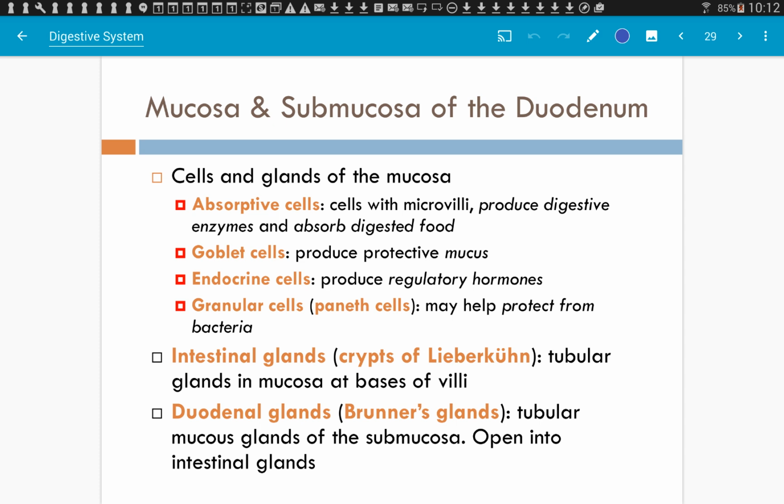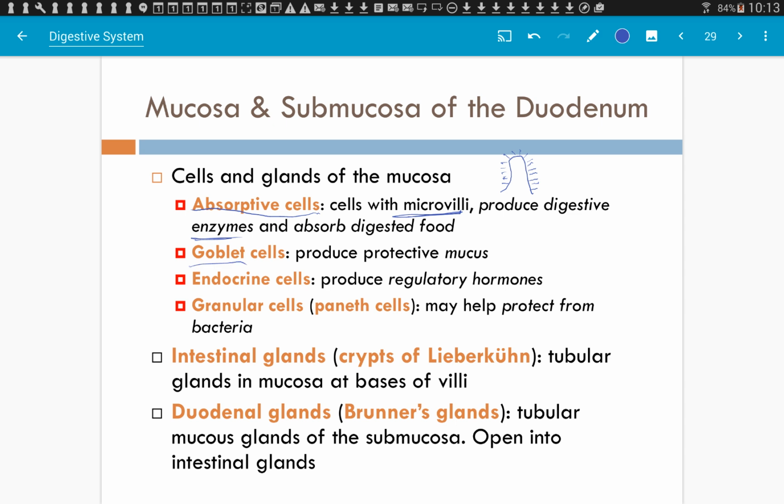Tissues within the duodenum. Again, we know our alimentary canal is also lined with mucous membranes. We've talked about mucus and how important it is. So there are different cells that we're going to find within the duodenum. You have cells that are absorbing, so they're going to have microvilli. So villi, and then the little fingers off of that are our microvilli. Increasing our surface area allows us to absorb our digested food very well. Also, you do get some digestive enzymes. Goblet cells make the mucus.